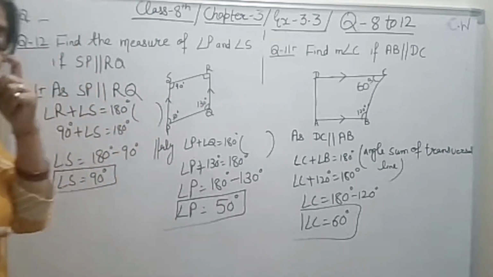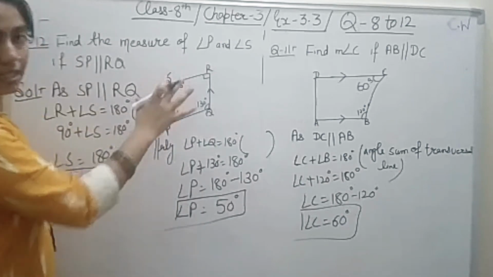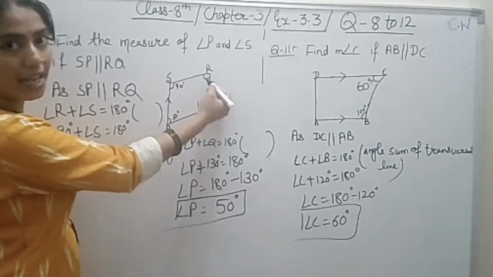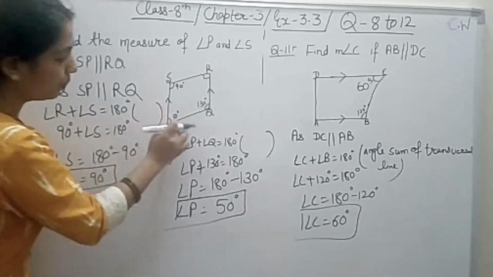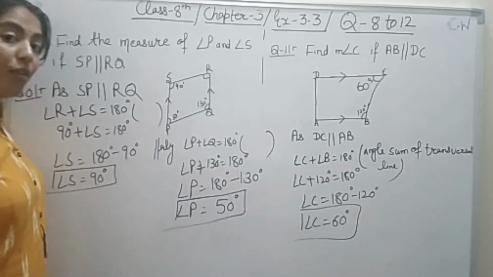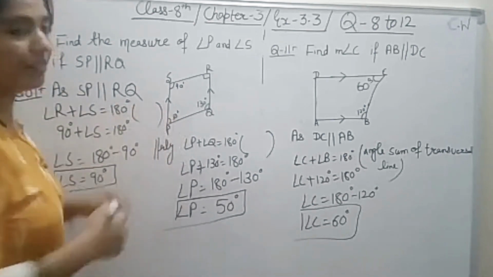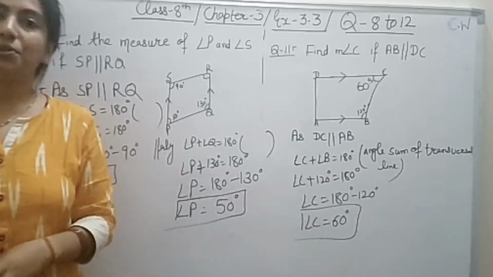One more method is also there. If you can see, student, this SP here is a quadrilateral. If the 130 degree angle is given to you, angle R is given to you, and angle S you found with this method, then how to find angle P? With the angle sum property of a quadrilateral, that is 360 degrees. With that method also you can find the P value. Always there will be two methods, as I used to say.